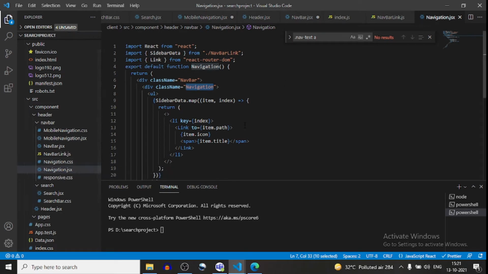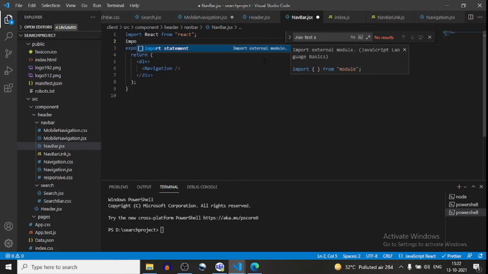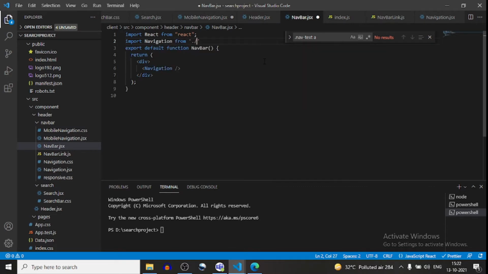Now just import this navigation in navbar. So here I will import it.